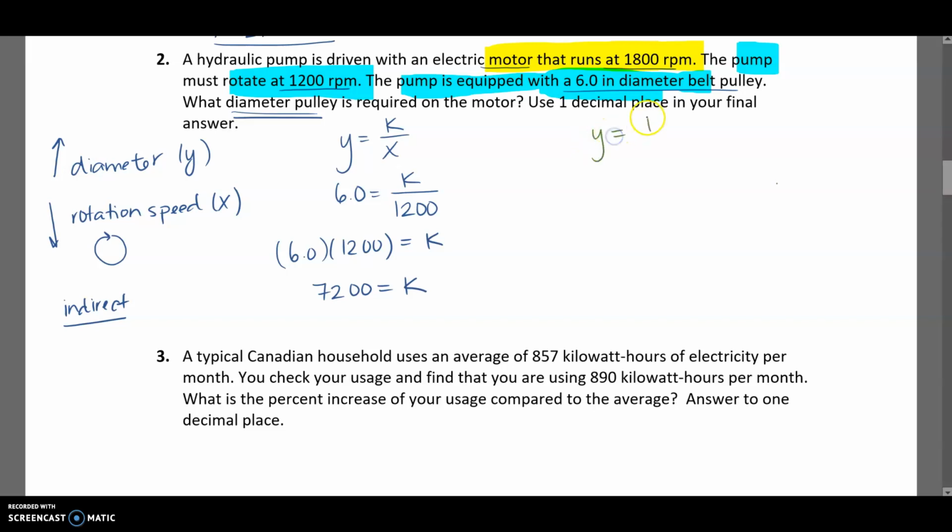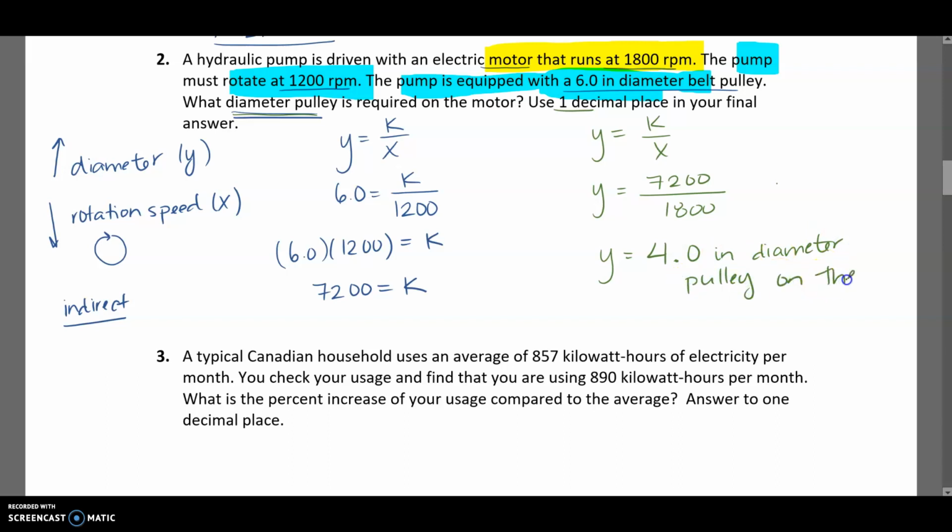Once I know k, I can use that to solve for my unknown variable, again starting with the indirect relationship y equals k over x. I'm trying to find y, the diameter of the pulley, knowing k is 7200, and x, the speed of the pulley on the motor, is 1800. So y is 7200 divided by 1800, or 4 to 1 decimal place, 4.0 inch diameter pulley